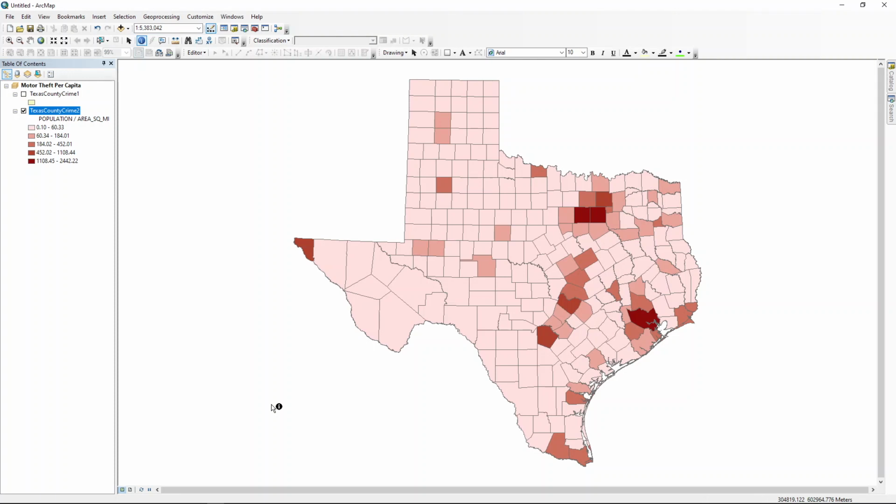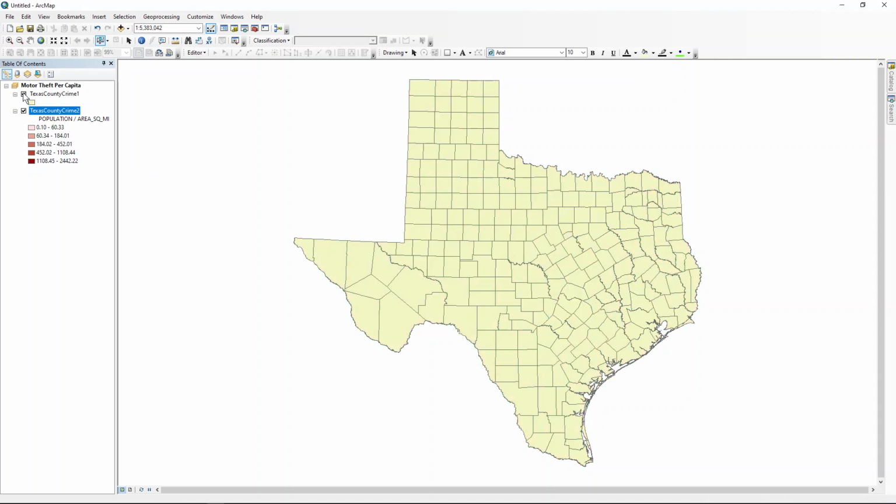But there are 3 counties here. You need to say which 3 counties have the greatest population density. If you don't know those counties, use your Identify tool. But it says graduated colors are a way to represent density. Another way is to use a dot density map. So we're going to turn on, in number 7 in instruction, the Texas County Crime 1 layer to make it visible